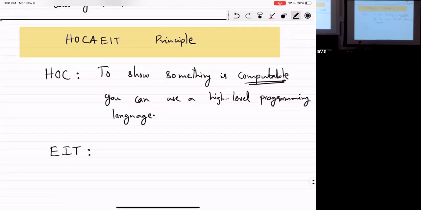Okay. Now suppose that you really believe this task cannot be done by any computer. Okay. Something is impossible to solve on a computer. How can you do that? To show something is uncomputable.